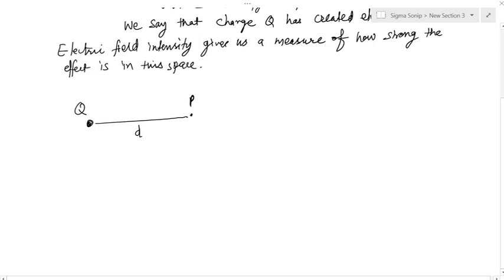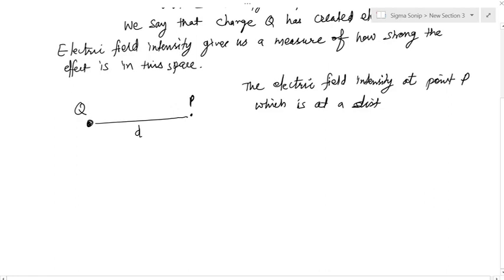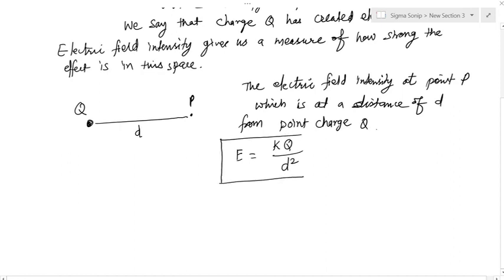Then the electric field intensity at point P, which is at a distance of d from charge Q, and here I should clarify that Q is a point charge, from point charge Q is given by this formula, KQ divided by d square,